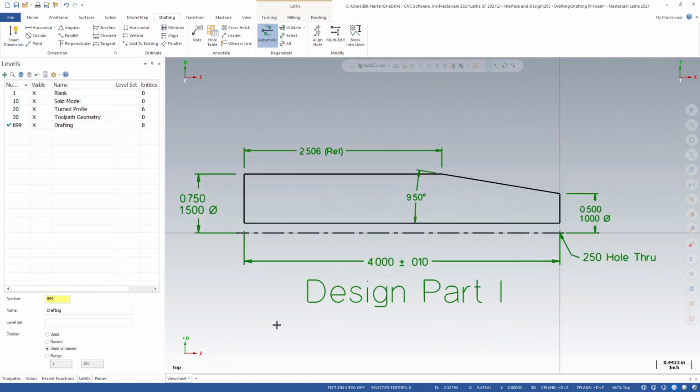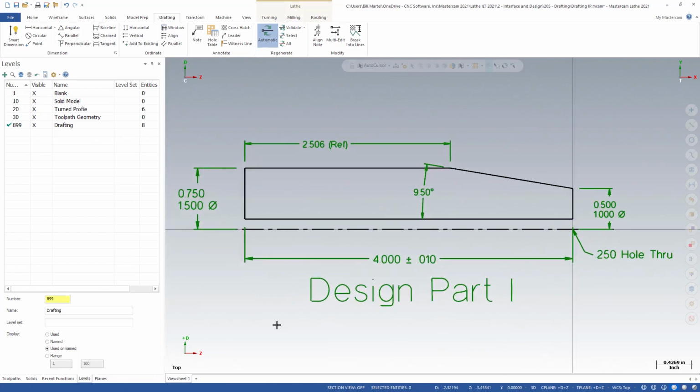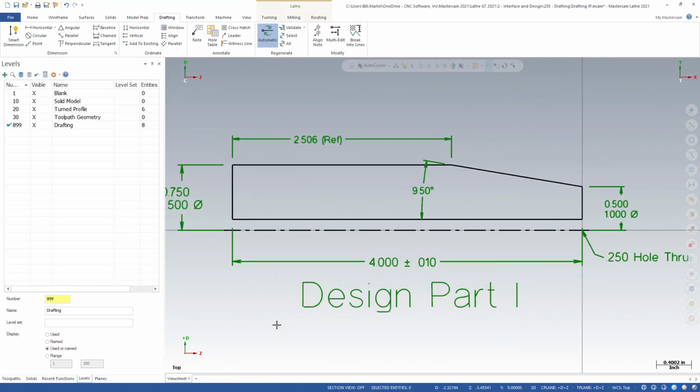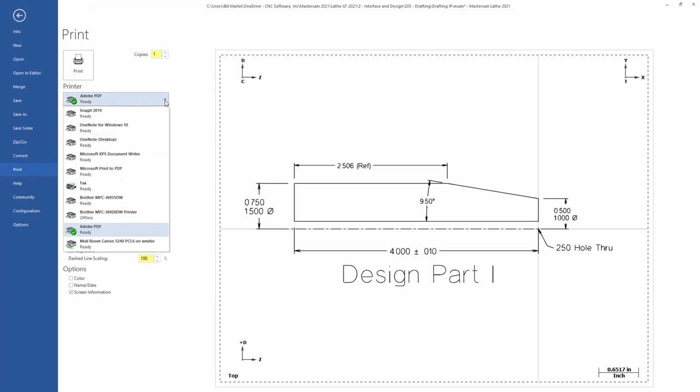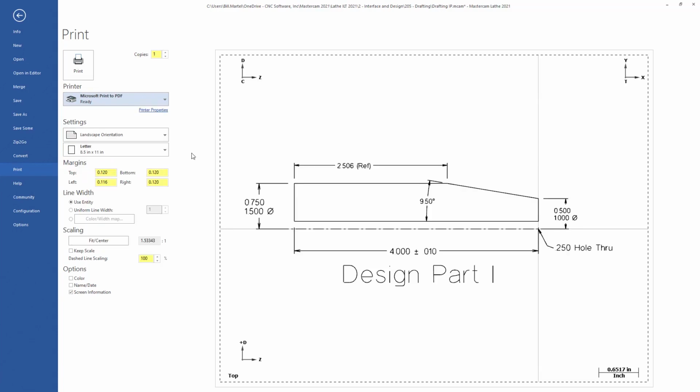The last thing I'd like to do is print this. So I'm going to do an Alt F1 to fit it. I'm actually going to page it up one more time. I've found that that will work okay. We want to get as much of this sketch into our print as we can. Now if you have Adobe PDF, you can do that, or you can do Microsoft Print to PDF. So we'll go ahead and say print,